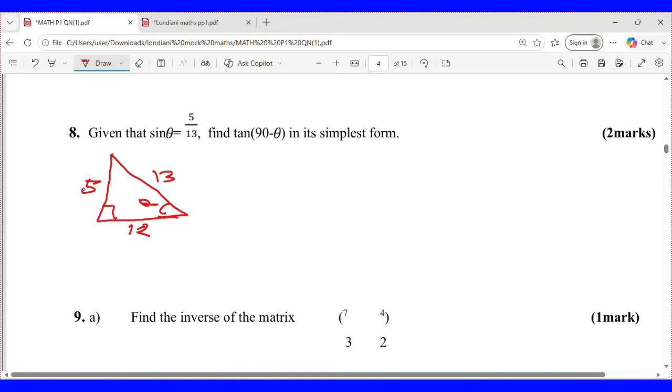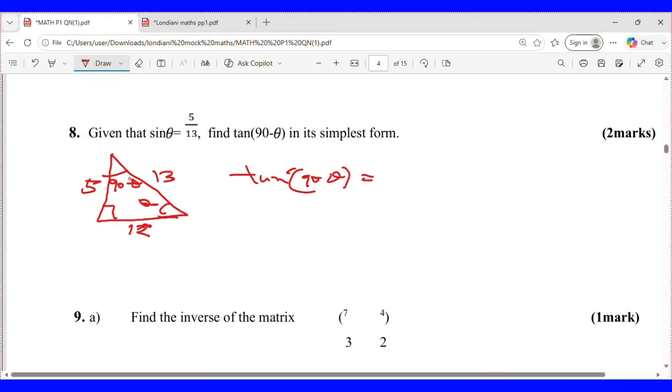13 squared minus 5 squared is 144. The square root of 144 is 12. So what is tan theta? Tan theta, this is what we call here. This is 90 minus theta. This one is 90 minus theta. So tan of 90 minus theta